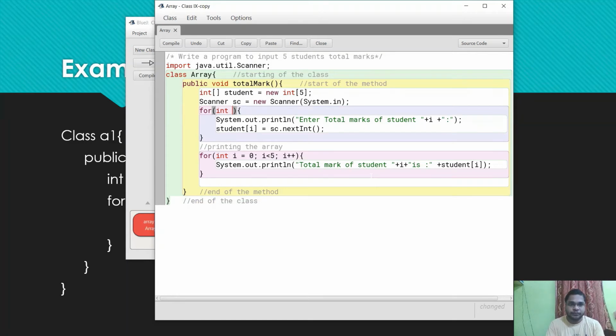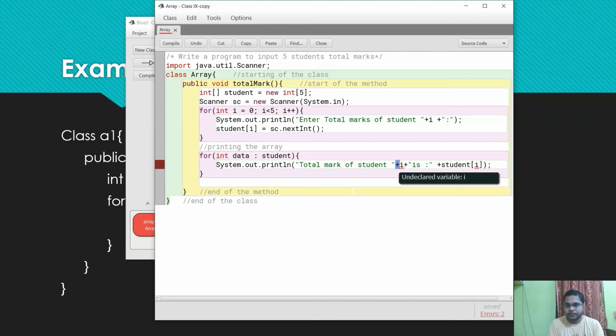To display the array, here is int data, that is my variable name. Then the colon symbol, then your array name, that is student. Student, that's it.